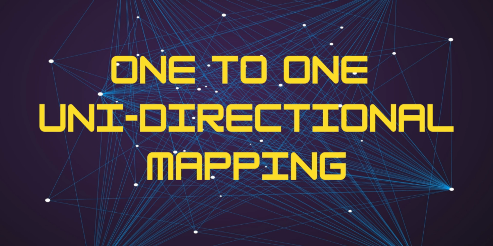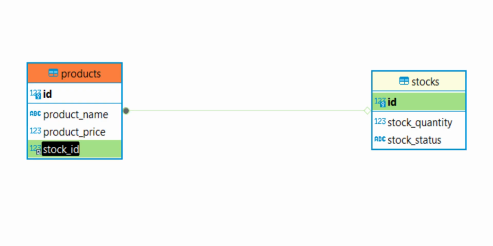Here one entity is related to exactly one instance of another entity, and the relationship is navigable from one entity to the other, but not the other way around. So let's understand this with an example. Here we can see we have two entities called products and stock. So one product has